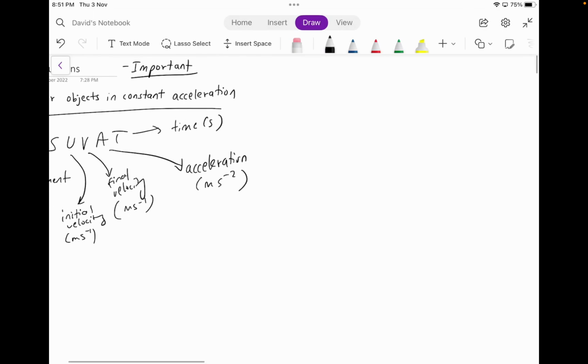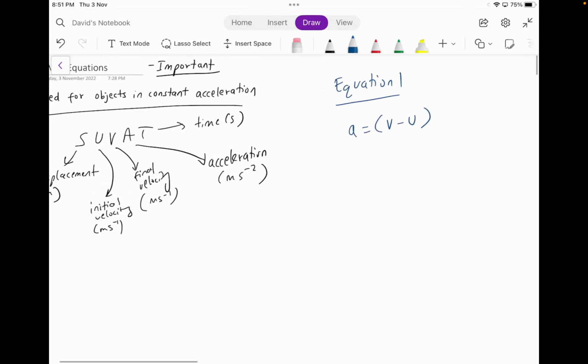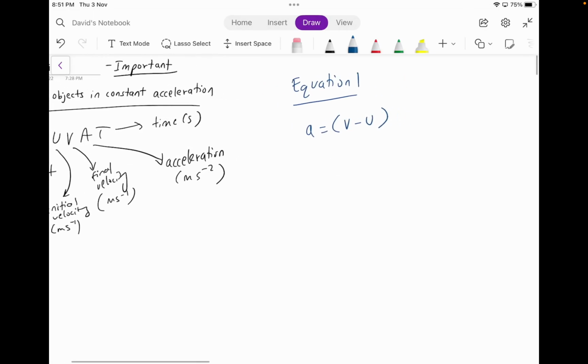Now equation 1, I'm just going to show you guys how to derive the equations using your original formulas. So for the SUVAT equation, equation 1 is going to be starting from, we have to understand the concept that acceleration is the rate of change of velocity. So do remember that point. So from this definition, what I mean by this is that if we have A, which is going to be equivalent to V minus U, V just represents final and U just represents the initial velocity, divided by time,